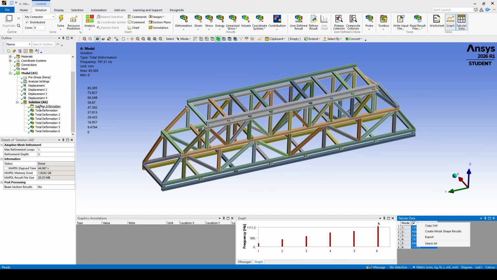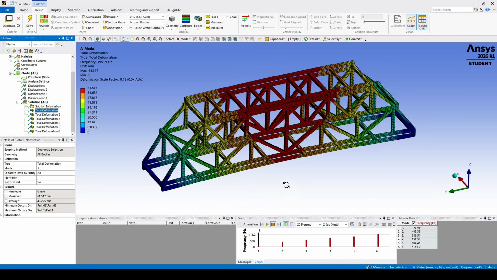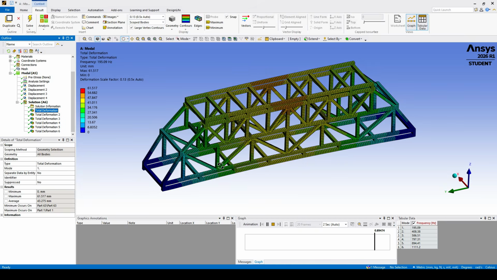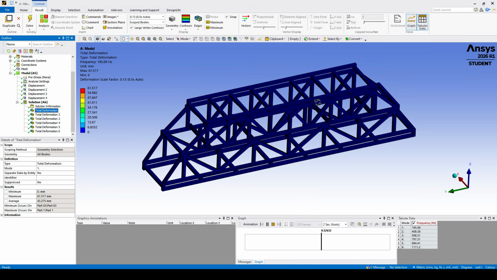After that, you go to solution and click on evaluate all results, so you can request the solution and see every mode shape. So now we can examine the results. Let's look at mode shape 1 and hit play just to see how it moves. And this is the bridge's first natural frequency, and notice how the entire structure bends in